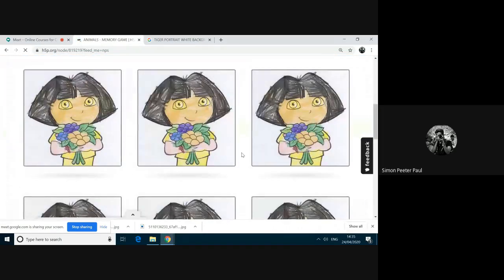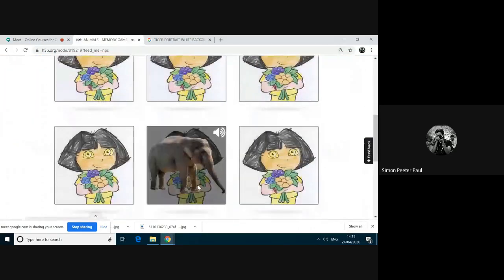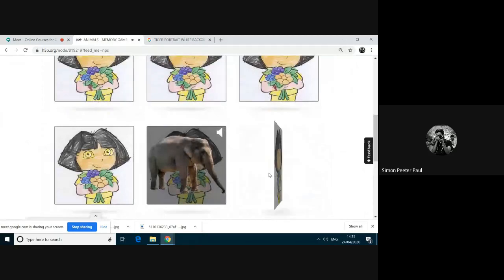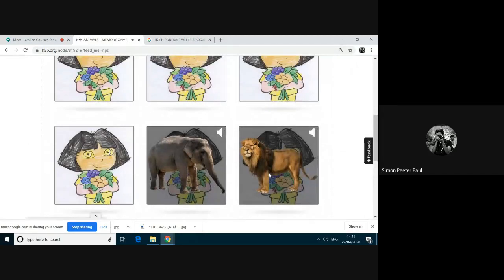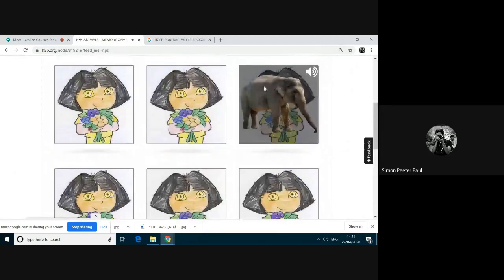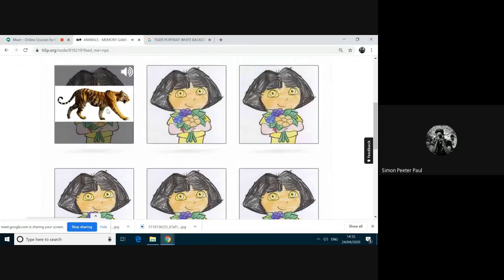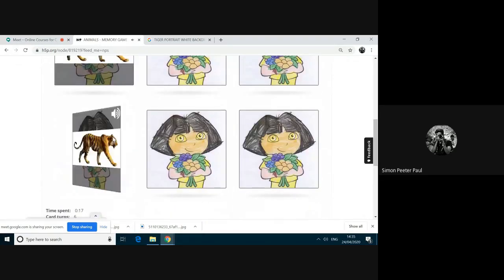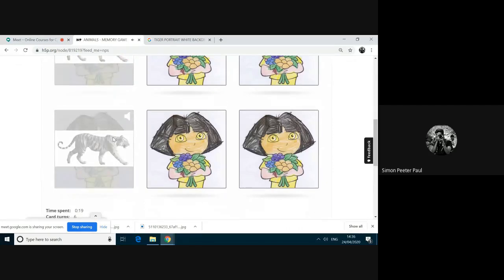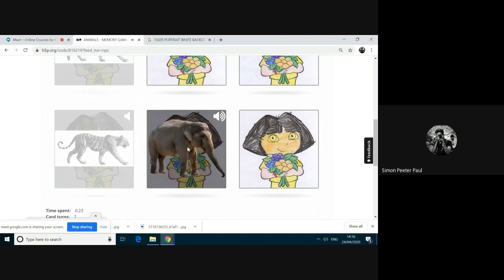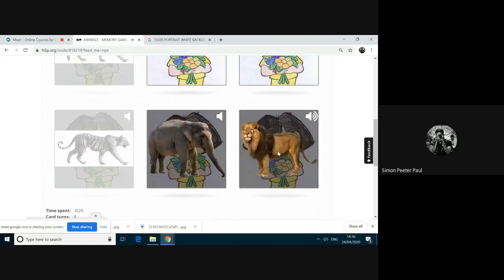See, the 6 cards are here. Elephant, lion, elephant, lion. I think, is it audible now? Is the computer audio audible? Please tell. Elephant, lion.